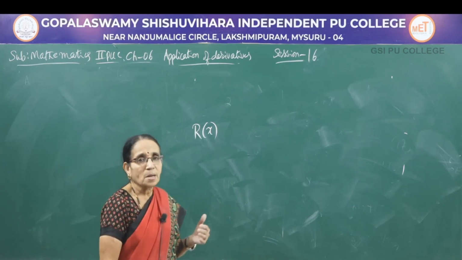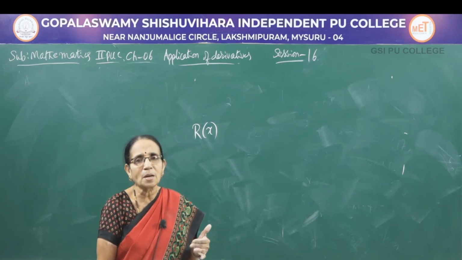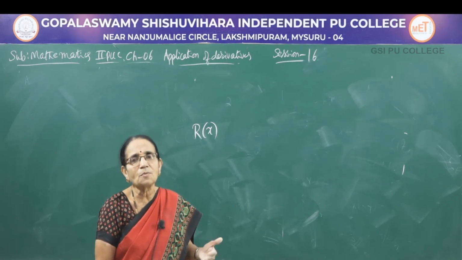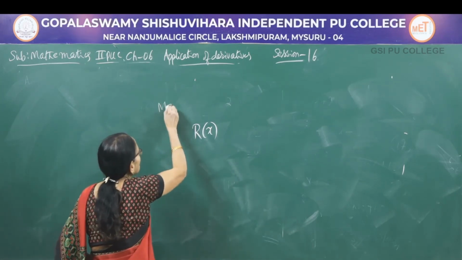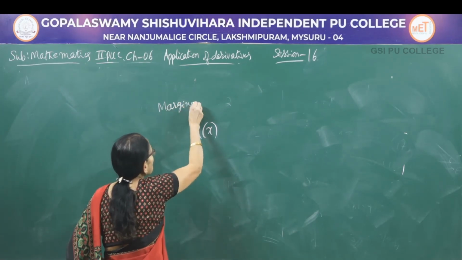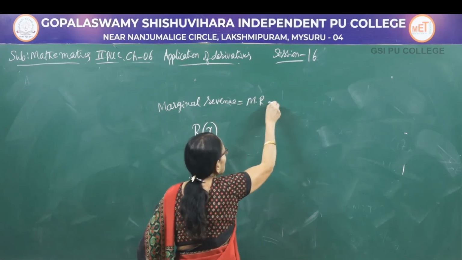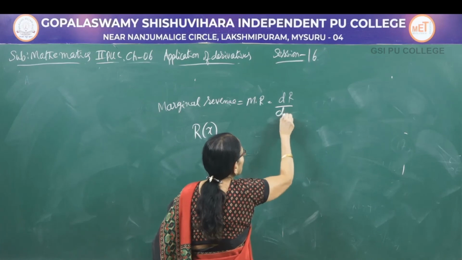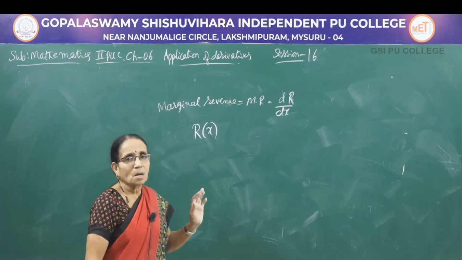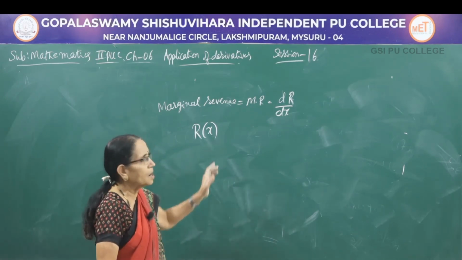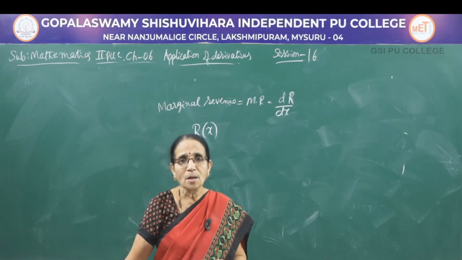Now for the revenue function, here again we are calculating the marginal revenue. Marginal cost means MC is dC by dx, we differentiate C with respect to x. Here we differentiate R with respect to x. So the marginal revenue MR is actually dR by dx. R means it is R(x), which is nothing but the total revenue function. So dR by dx. And again the value of x would be given. How many units have been sold, that would be given.